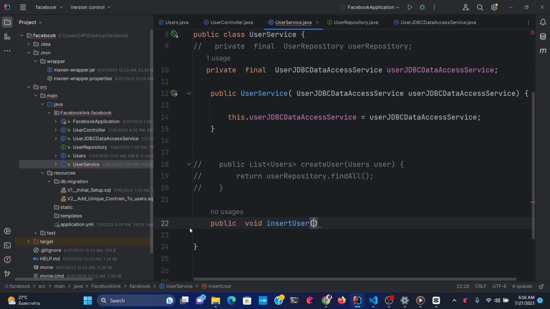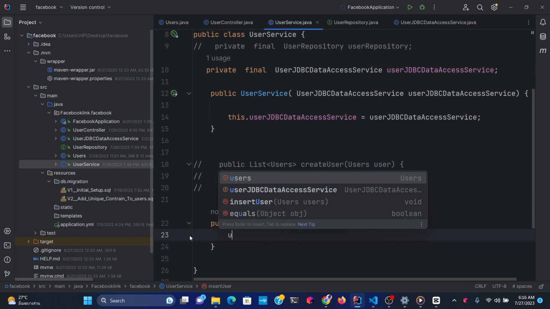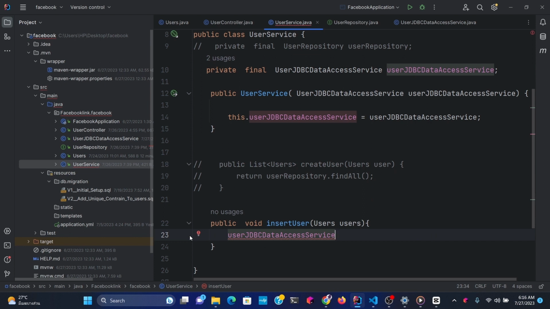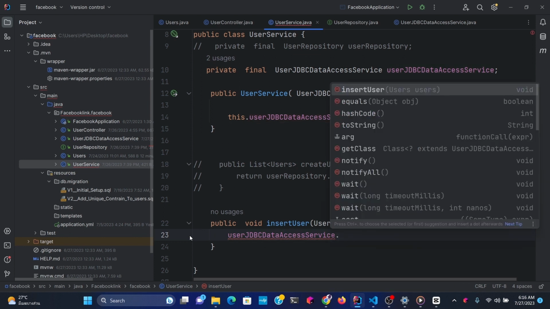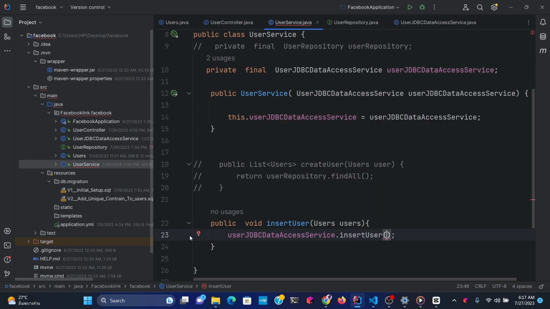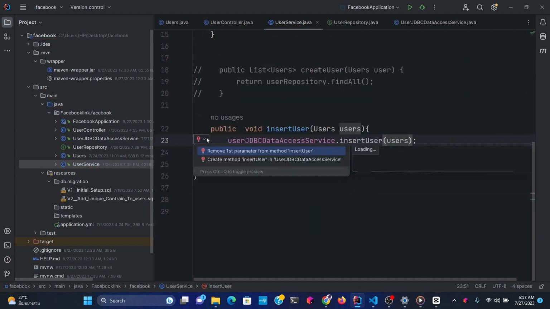Then after that, inside our parentheses, I'm gonna push in user, okay, and this user is coming from the controller layer, and I'm gonna show you how to do that in a minute. Okay, then after that we will inject user data access service layer, then we're gonna say dot insert user to our users just like that. Then this one